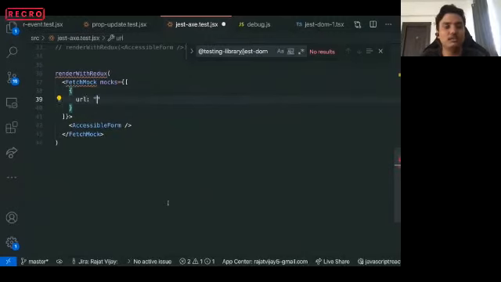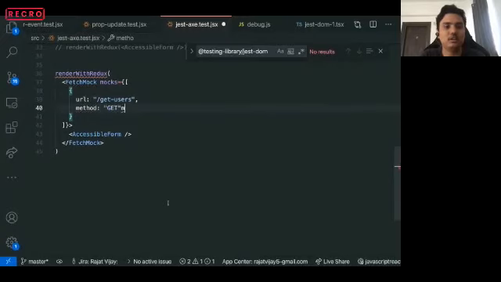For example, first you provide the URL, like whenever an API call is made to this URL, get users. Actually, this will make more sense. Get users, method get, and response.